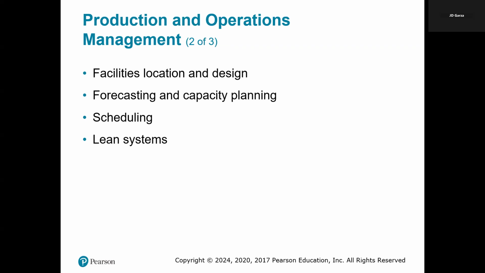Having these accurate forecasts also enables efficient resource allocation, and it also minimizes the costs that are associated with excess inventory or even those stockouts. Capacity planning determines the production capacity that is needed to meet the demand. But it's also about matching production capabilities with anticipated demand levels, which can also include adding more equipment, hiring additional staff, or even scaling back operations when necessary.